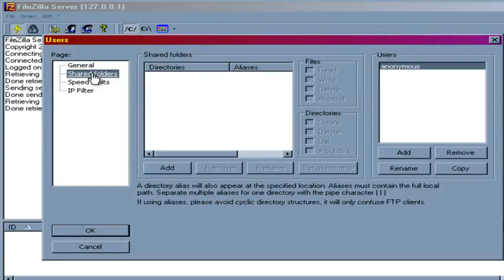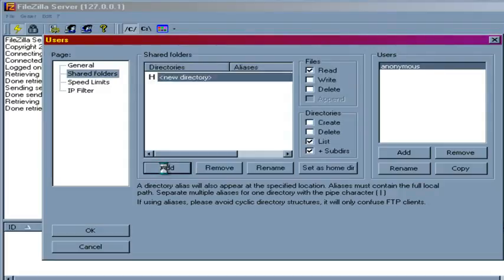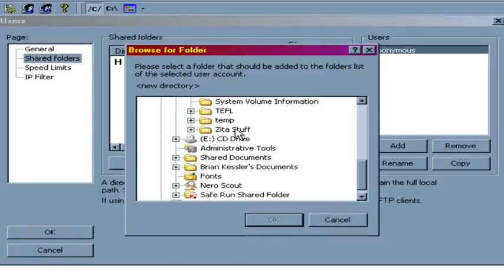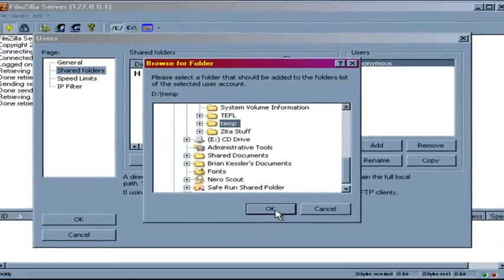Now we're going to click Shared Folders. And Anonymous is still highlighted over here, and we're going to give him access to a folder. So let's go Add. Okay, and we need to select a folder. So I'm going to give it access to my temp directory over here. And